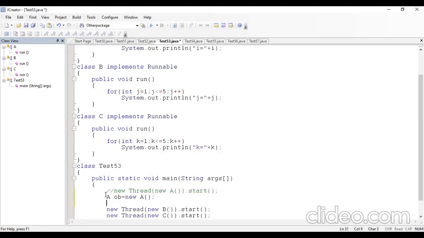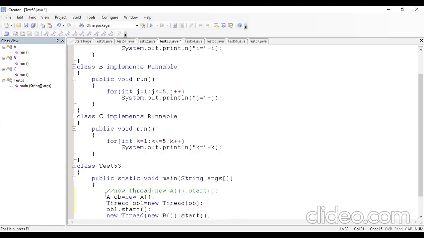Now, I am creating an object of the Thread class, Thread OB1 equal to new Thread, where we passed that object, the object where we used this Runnable interface, as a parameter. Now we can call this start method on this OB1,